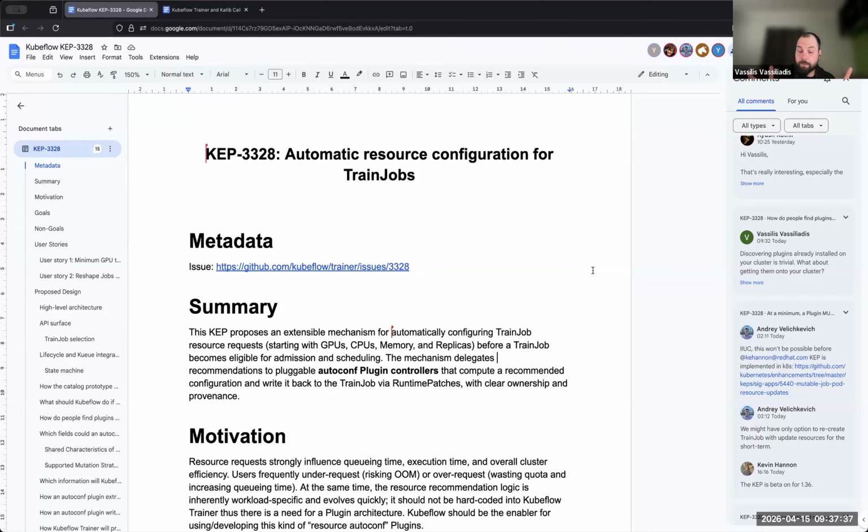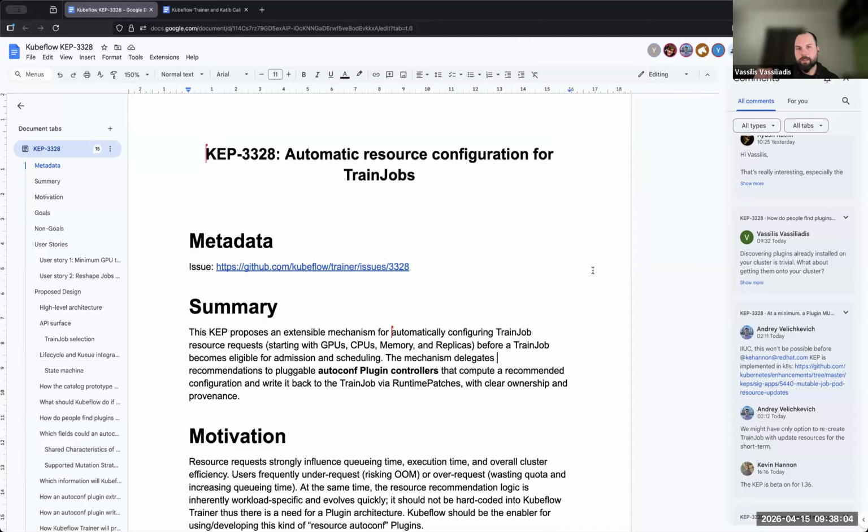You have some objective, and there are ways to optimize the GPU resources for your jobs based on an objective. Scientists have been building optimizers for ages. They know how to do it. So what if, instead of asking the users or the platform engineers to enforce quotas, we had a way to automate this process?